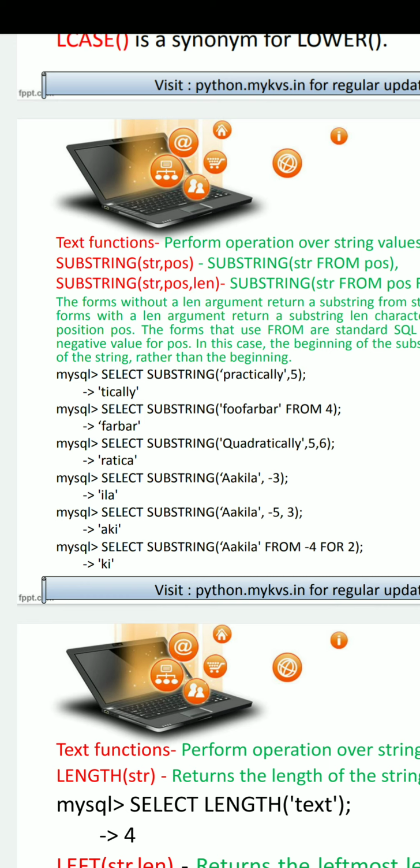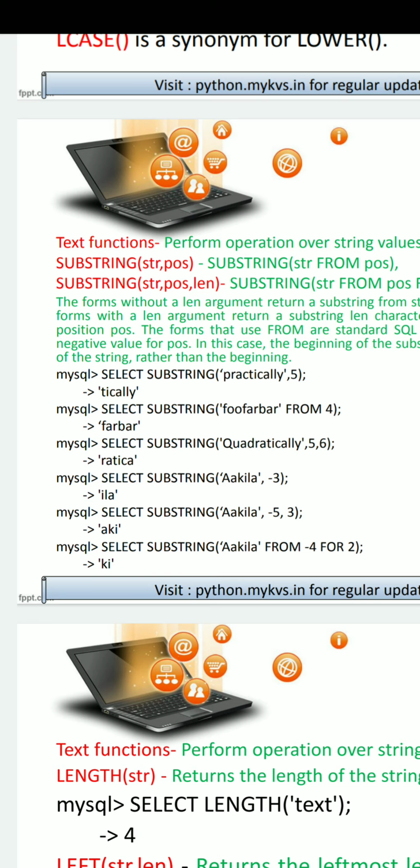So it starts from 5. In this first example, we are not specifying how many characters are to be extracted from this string. So if we mention only the beginning position, it will return the remaining part of the string. So T and onwards to the last Y, all characters will be returned. That is substring.